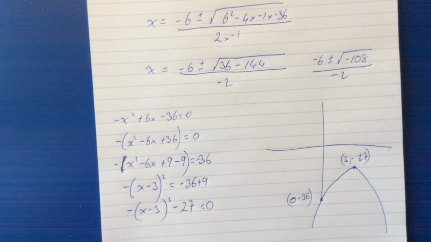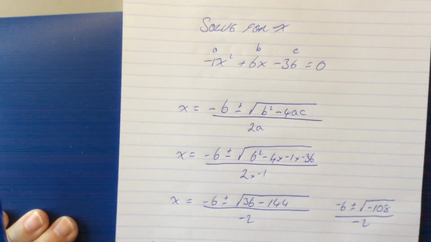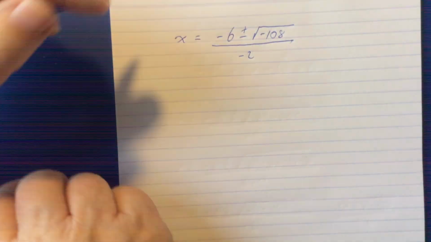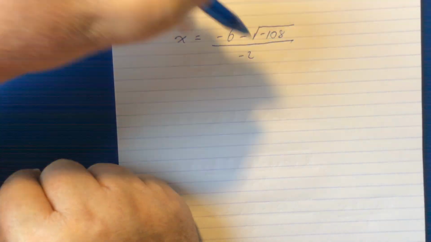So, where do we go from here? Well, we take this and we'll try and find a solution, real or otherwise. So, let's just get a fresh piece of paper. And what we're dealing with is x is equal to negative 6 plus or minus the square root of negative 108 all over negative 2. Now, let's concentrate in here. So negative 108